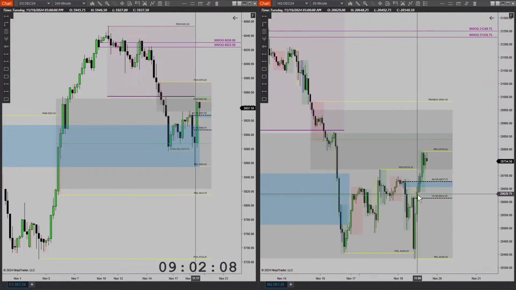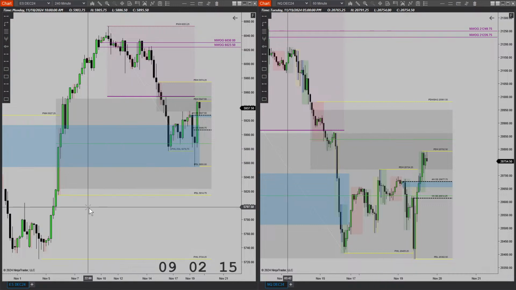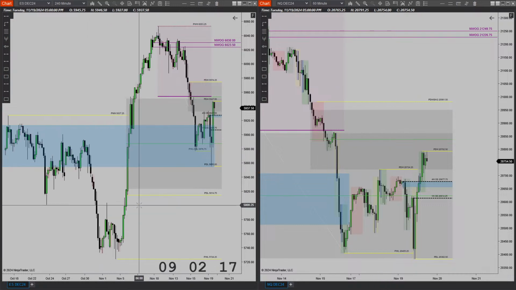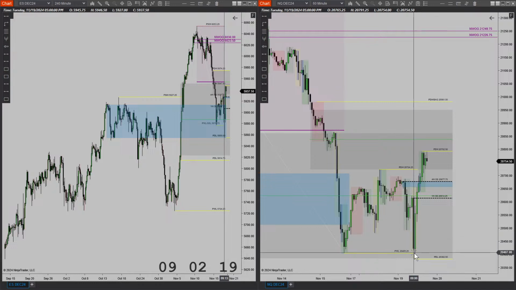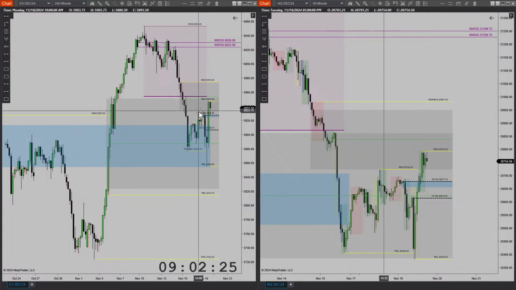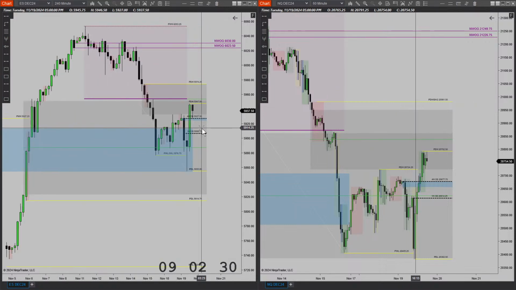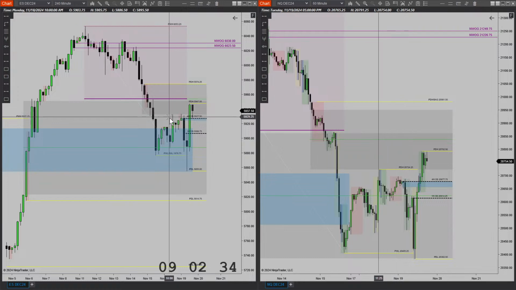So came into the morning session, I had expected price to draw lower. That was my draw on liquidity, where these lows down here, and maybe see some lows, these lows get taken, but obviously that didn't happen. So whenever you're looking for the draw on liquidity, when you want to understand where price is drawing towards right now, the first thing I always look for is to see if there's a double purge, and a double purge is in the form of